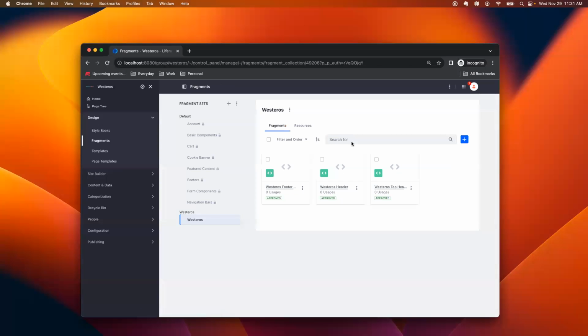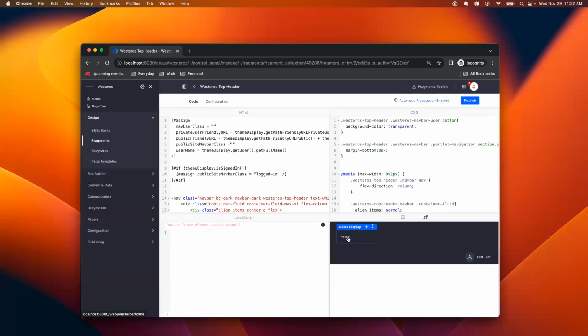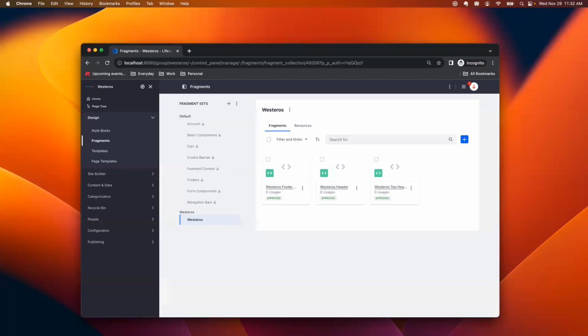The top header, you can see I do have a navigation menu here because that was actually an option that you could do with that top level nav in the Westeros theme. And then it's got my user profile right there if you're a logged in user, or it will present the sign in if the user is not signed in. The homepage. So now let's go ahead and